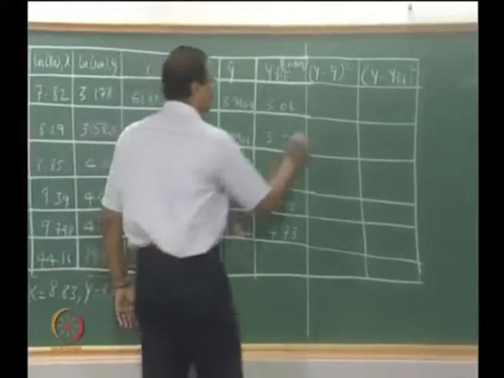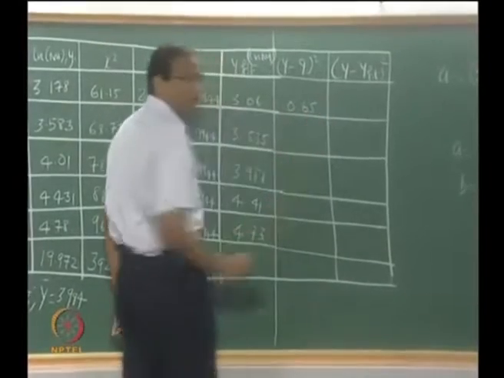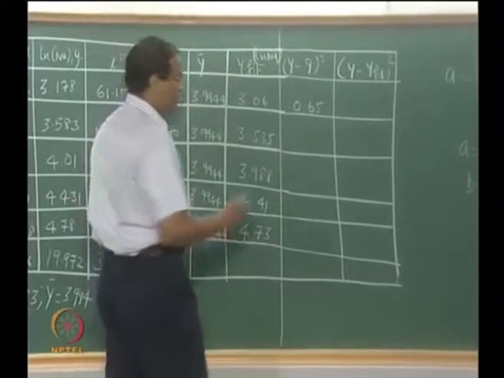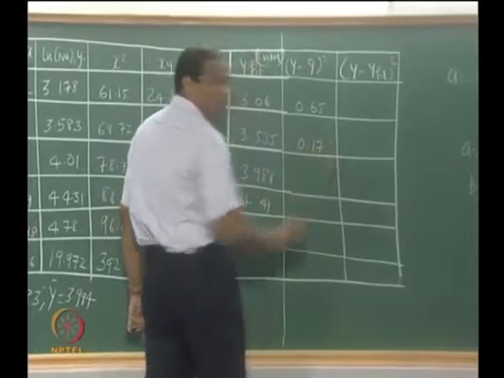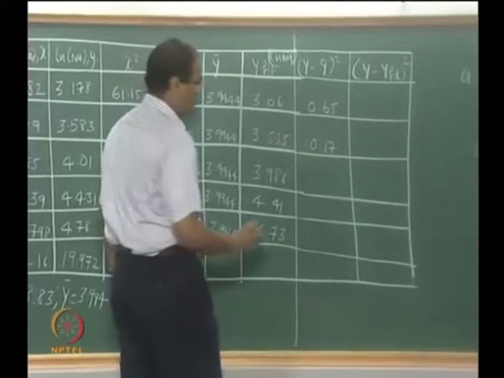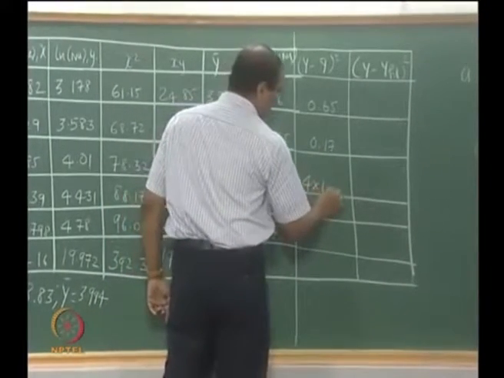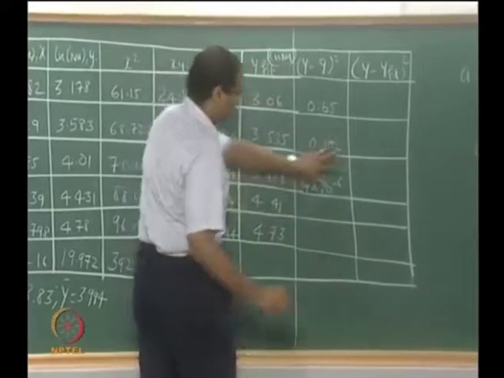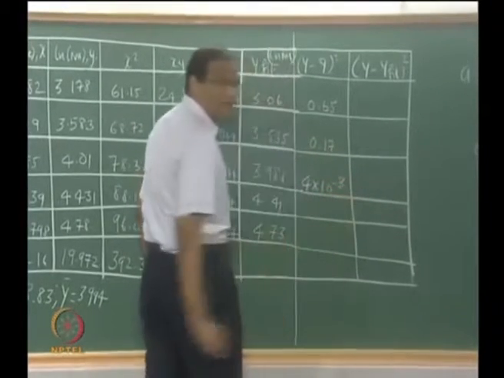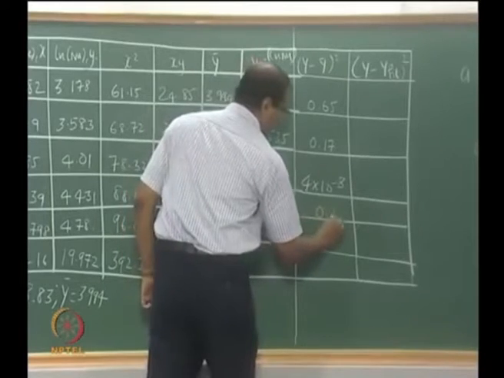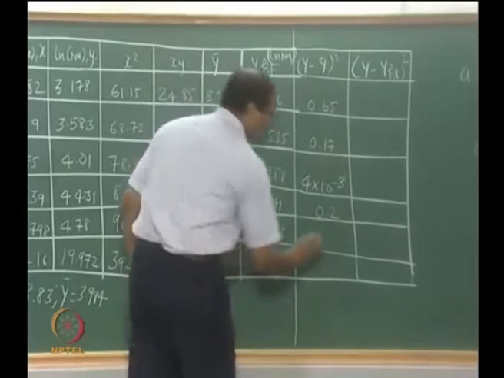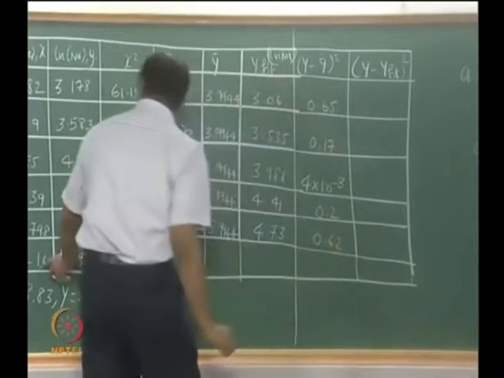0.65. 0.17. 4 into 10 to the power 6, then 62. 0.6, okay. Now sigma,